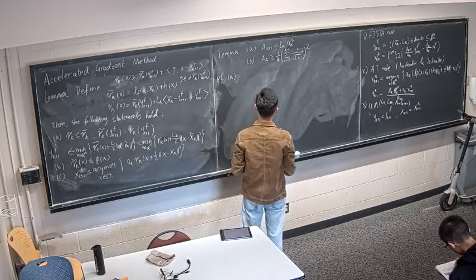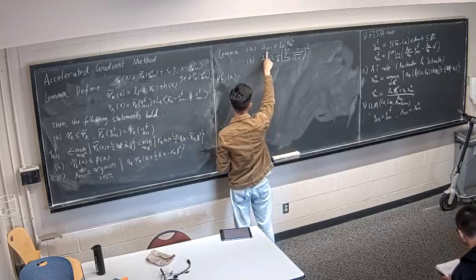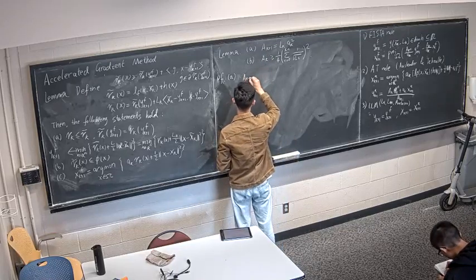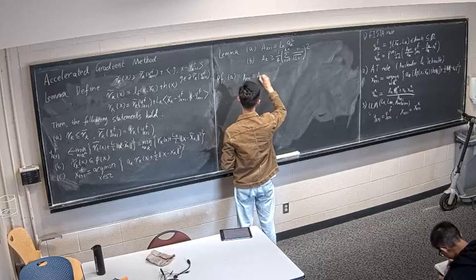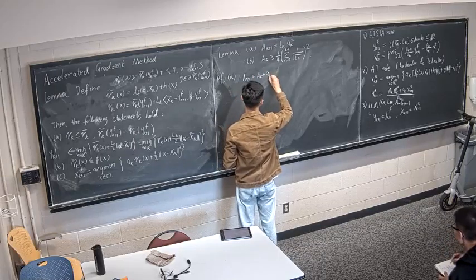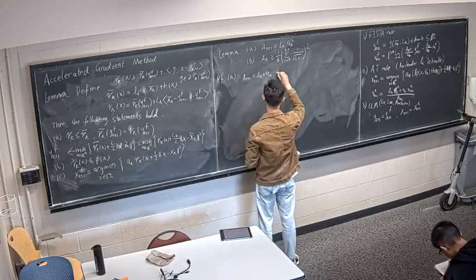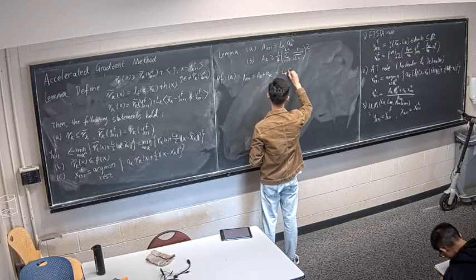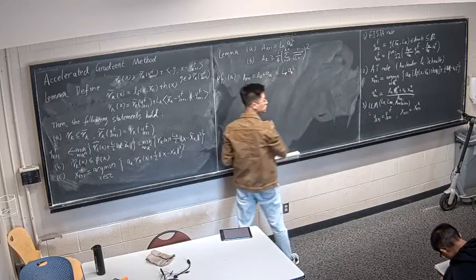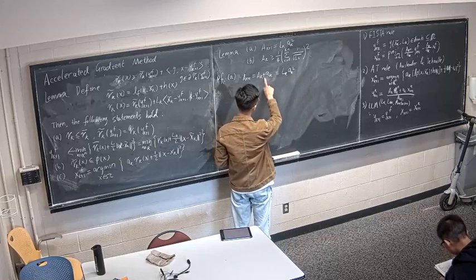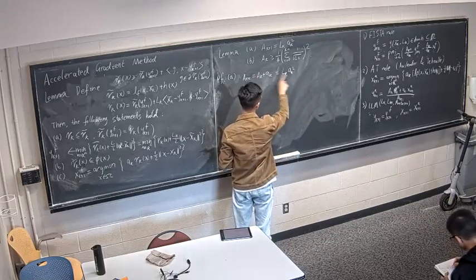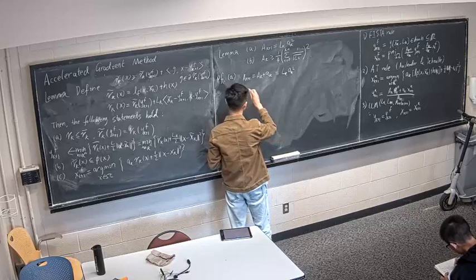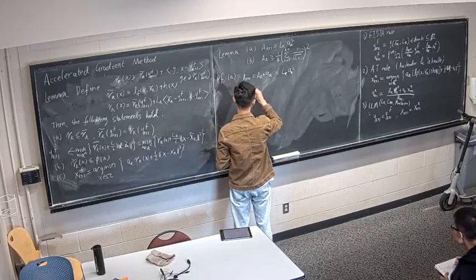Remember that capital A_{k+1} is equal to A_k plus little a_k. And we want to show this is equal to L_k A_k squared. Noting that in terms of little a_k, this is actually a quadratic function, right? So you can rewrite it as